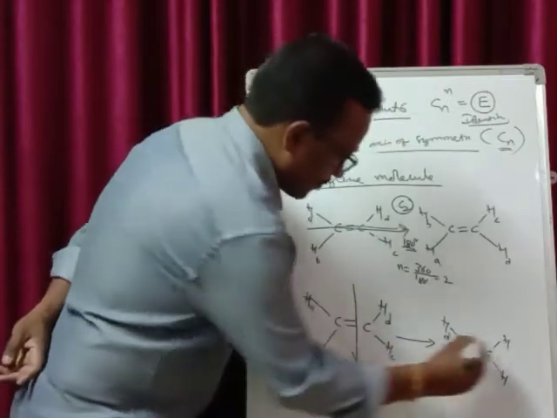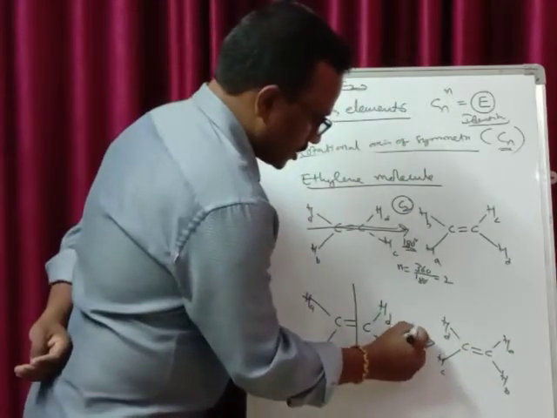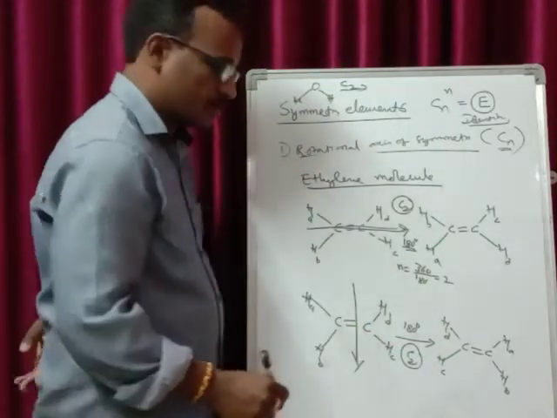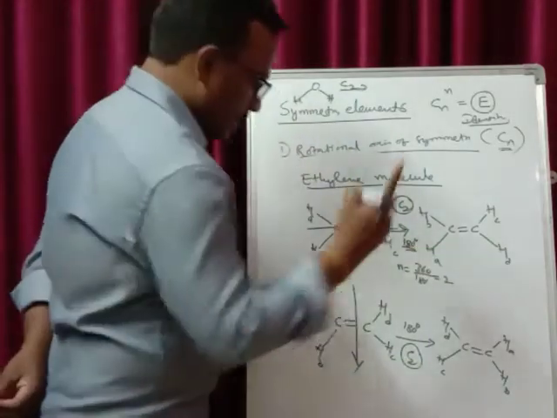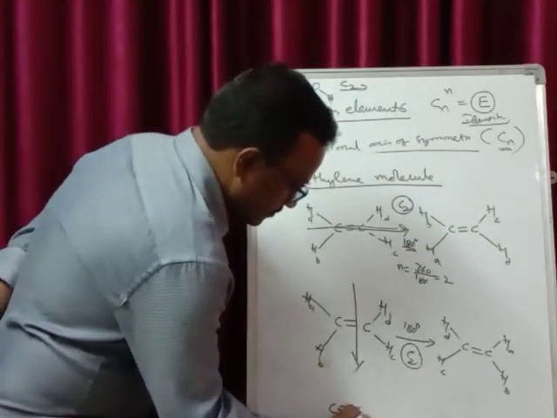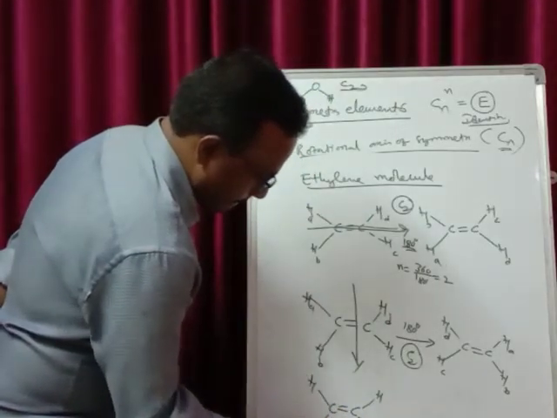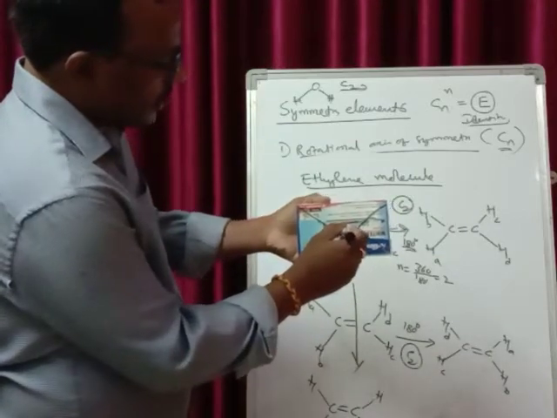HD, HC, this becomes HA and this is HB. So here the rotation is done by 180 degrees, therefore it has a C2 rotational axis of symmetry. This is repeated twice, you get the identical structure. The other axis, see the other axis is passing through the center of the double bond like this.